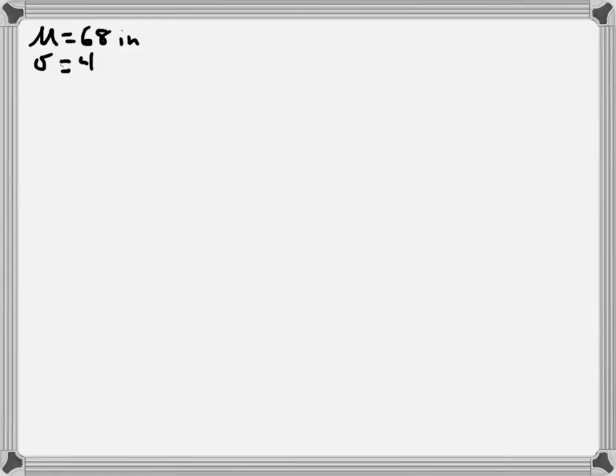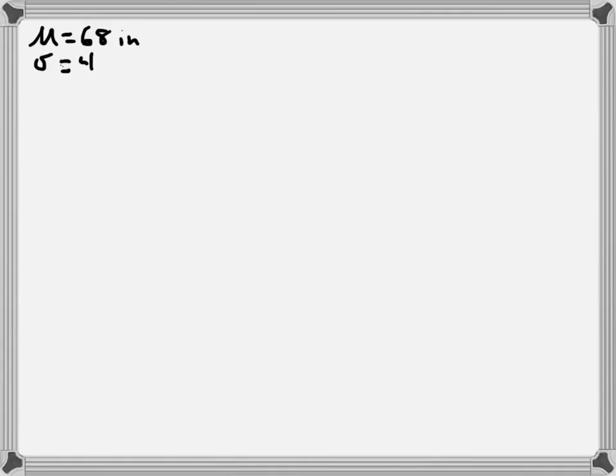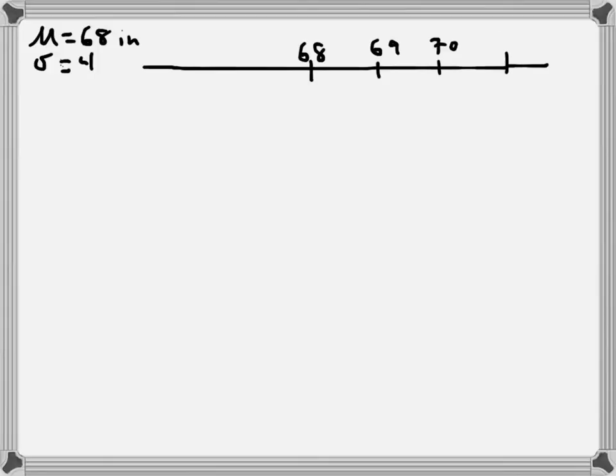So if the real mean was 68 inches, how did I do on my confidence interval? Great, right? Nailed it. And I say nailed it because 68 is in that interval. So here's what I'm going to do. I'm going to put a little number line up here, and this value right here in the middle is going to be the actual mean. And I'll put a few numbers on here, a little scale going up